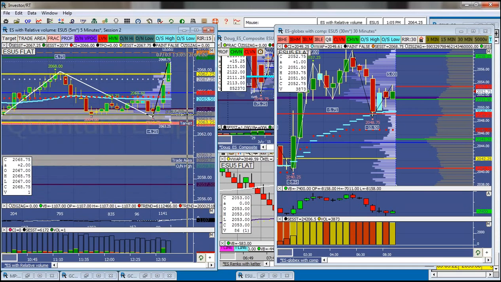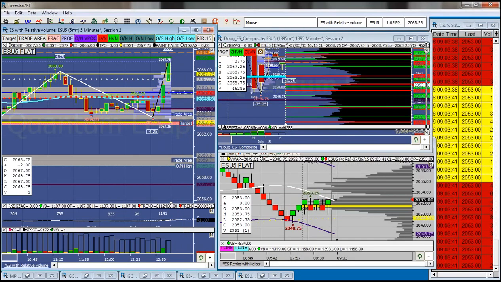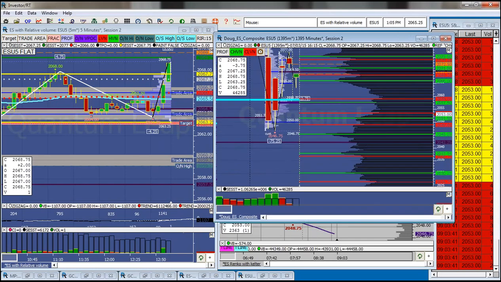Because if we get in above 64, we've got the naked VPOC at 64.50. Our midpoint and our value area high, which is one of my main targets above right now, is this 66. It's also going to be a trade area because if we get above that, then we're going to be above value on Friday,